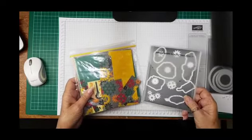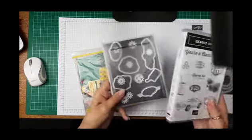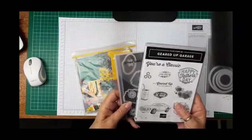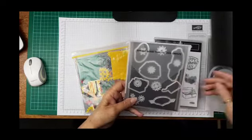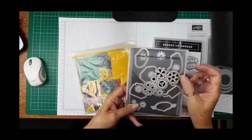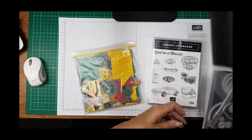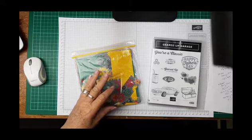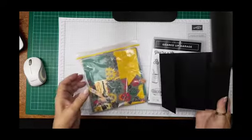Alright, so today we're using the Garage Gears thin dies with the Geared Up Garage. And if you buy the two together at the moment, you get 10% cheaper. These thin dies are great. So you get all these ones here, plus this one that we might or might not play with today. And we're also going to use the Stitch Shapes framelit dies and whatever ink I come up with. So I've got a whole lot of pieces cut, and we just cross our fingers that they're all going to